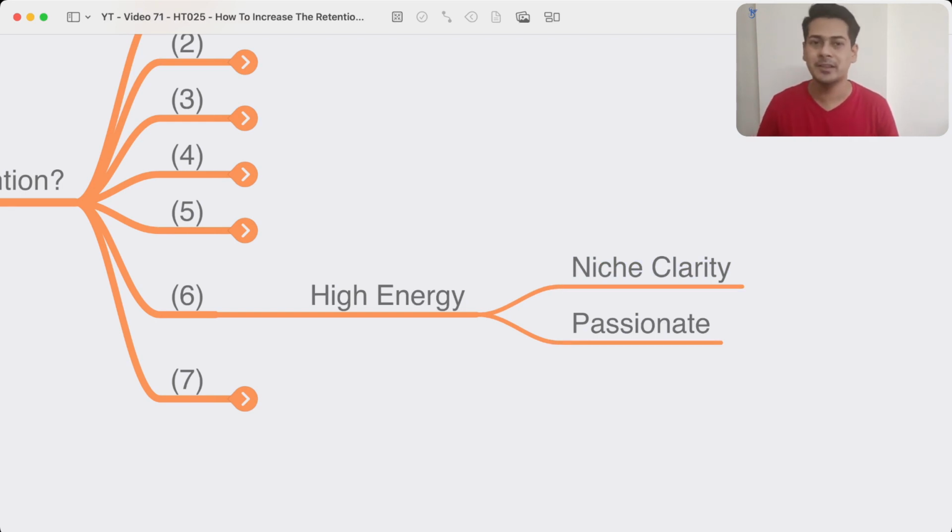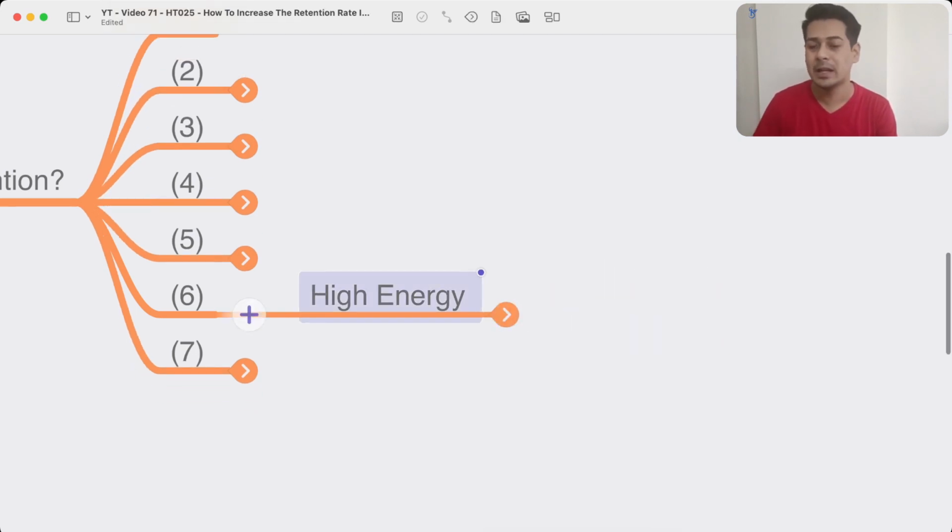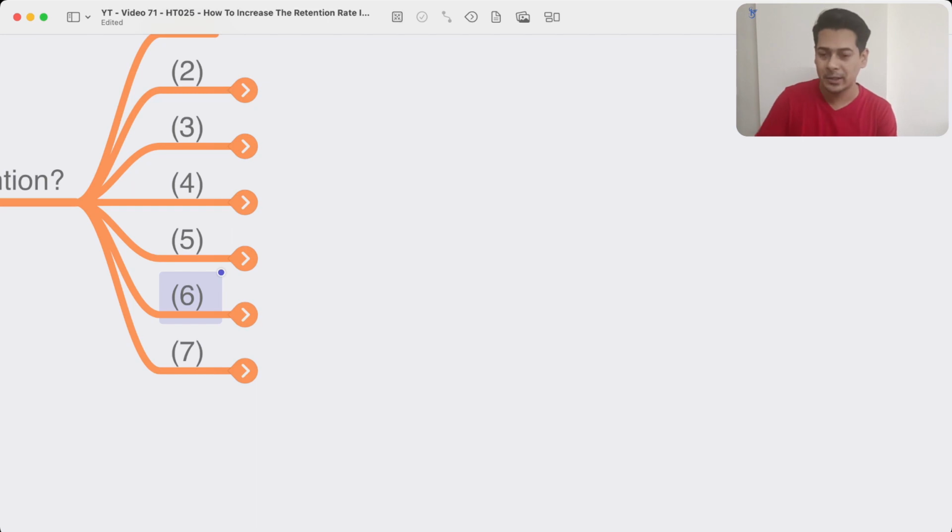Whatever I do, I'm passionate about it. I extremely love it. I love the camera time that I'm having, and I love to interact with my audience. I love to provide value, and when I provide value, I know I fumble. I am not the best speaker in the world. I'm not the best English speaker. My English is not perfect. I fumble, I stutter, I mumble, but still, the energy and the passion that I have for the topic to help my audience gives me that boost of energy. So if you love what you're doing, you'll definitely get that high energy from within. You don't have to forge it, you don't have to fabricate it, it will come from within.